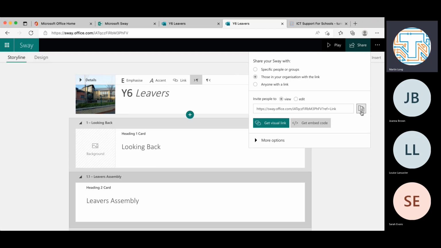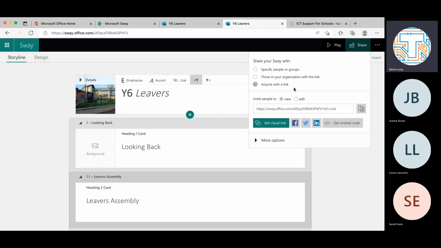So you might be typing this in if you use this for newsletters, but you want to get someone to the Sway, or maybe it's a Sway that pupils have created and you want to show it to parents. You've got that and you can embed it in. It could be it goes into a click here type button. It could be that you want to display the whole thing in an email. It's up to you. If you want to go outside of your school or organization, you need to make sure that